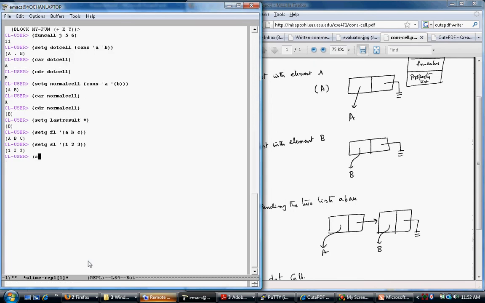Okay, now set q my result to be nconc first list second list. It looks like ABC 1 2 3, right? Fine. Now suppose you went and set q SL to be, so basically what you did was you changed the SL pointer by actually adding an extra value to it. Okay, so let's say set q SL to be nconc